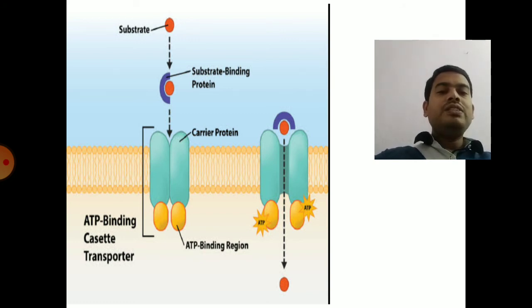So with the help of these ABC transporters, these bacterial cells will efflux the drugs that enter into the bacterial cells. We have seen that many of the drugs enter the bacterial cells with the help of simple diffusion or passive diffusion. And these drugs will kill the bacteria by various mechanisms, either by inhibition of transcription or translation or peptidoglycan synthesis, etc. Some bacteria will show resistance to these antibiotics.